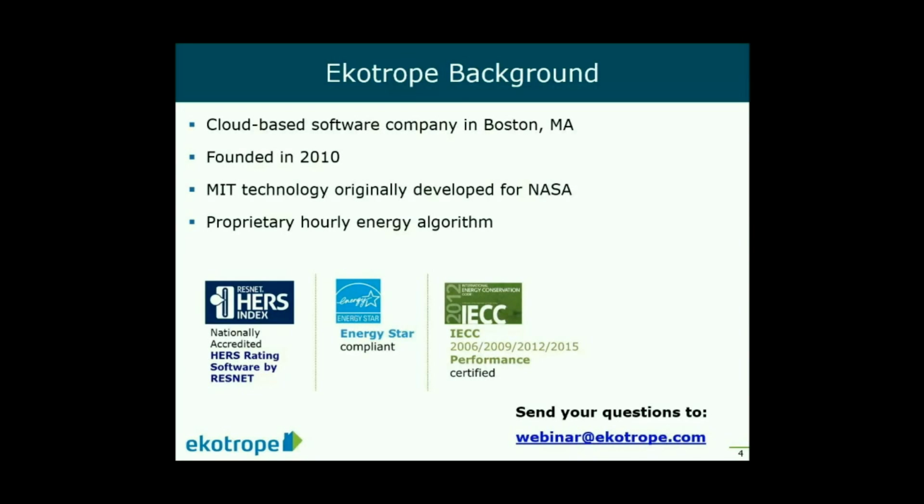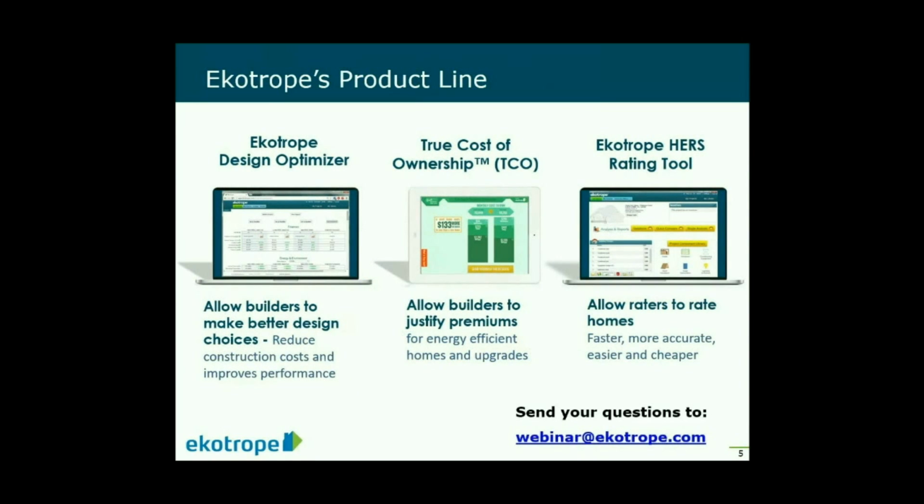So we took the NASA product, we adjusted it to the construction world. We had to develop our own hourly-based algorithm. We got accredited for HERS, for ICC, etc. And we created 3 product lines. The first one is what we call the Ecotrope Design Optimizer. It basically helps builders find the most cost-effective spec. Think about